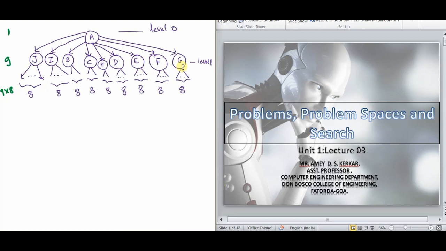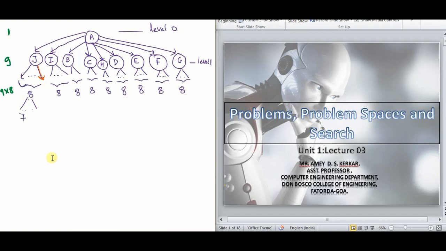Further, let's consider one of the nodes in this case. Let's say this node is the one wherein the configuration will now look like this. In the previous turn, player 1 has already marked X, and player 2 has now marked O. So this is one of the nodes. Now from here again it is player 1's turn. So player 1 will have how many possibilities? Player 1 will have 7 other possibilities. Correct? So that means for each of these 8 nodes, there are 7 other possibilities.